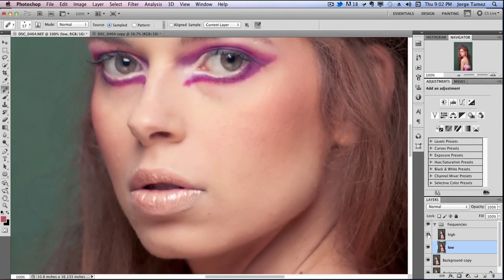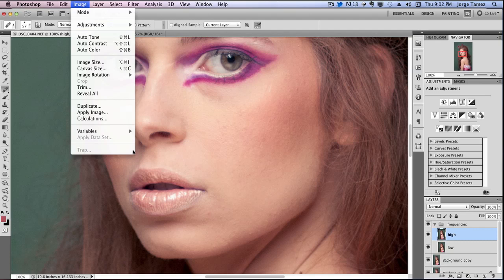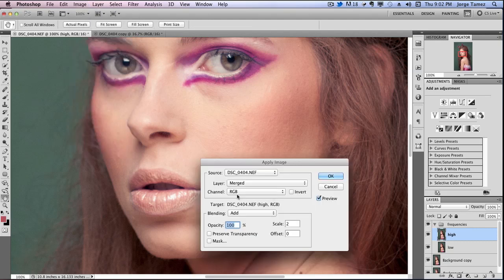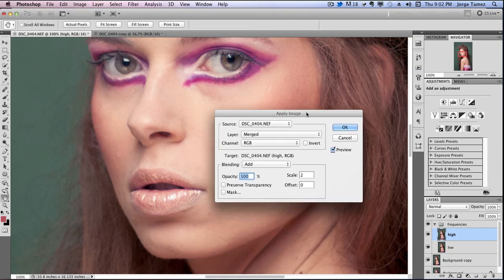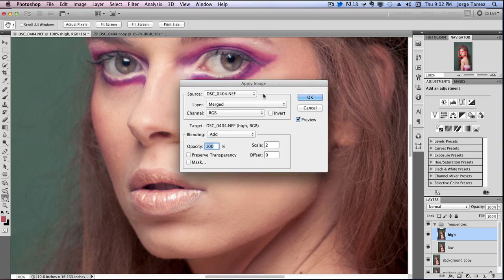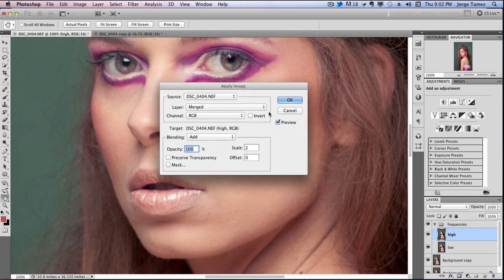Now I'm gonna make the high frequency visible. I have a high frequency layer. I go to Image, I go to Apply Image. Now in here, these numbers are not going to change. Regardless of the image, regardless of how much you do the Gaussian blur, these are always going to remain the same. In the source dialog, we're going to select the low, which is the low frequency,